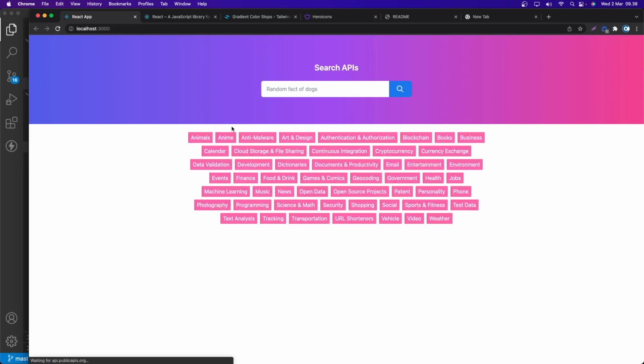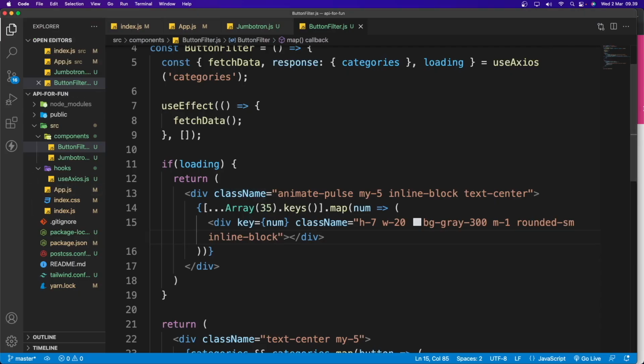If I refresh the browser, we get the loading skeleton. Really beautiful. And now we need to create the list of API down here. Let's create the component call